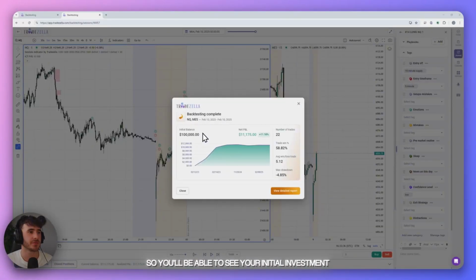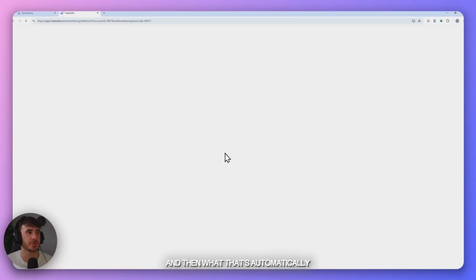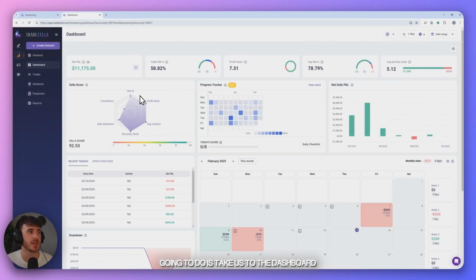You'll be able to see your initial balance, your net P&L in percent and dollars, number of trades you took, your trade win percentage, your average win to loss ratio per trade, and then you'll also be able to see the maximum drawdown that you went into during that session. Now from here, we can just press view detailed report. And then what that's automatically going to do is take us to the dashboard and we'll see all the stats